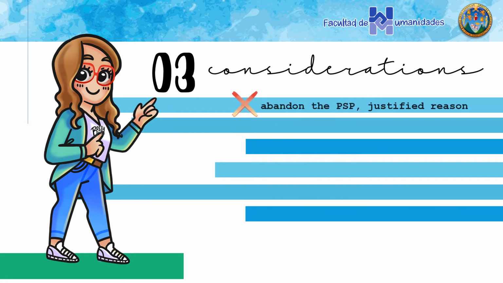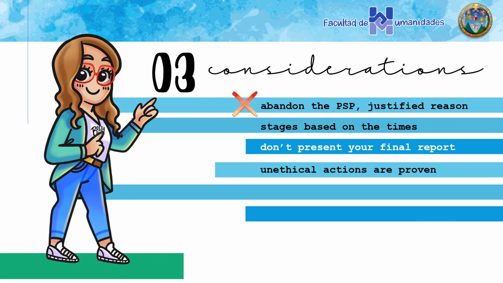Finally, you won't be able to abandon the PSP unless you have a justified reason, and for further consideration, your PSP process will be dismissed. In case you abandon any of the stages of your PSP without prior notice, when you don't complete each of the stages based on the time established for them, when you don't present your final report prior to 6 months, when unethical actions are proven, and when the PSP is conducted either for the institution you work for or for